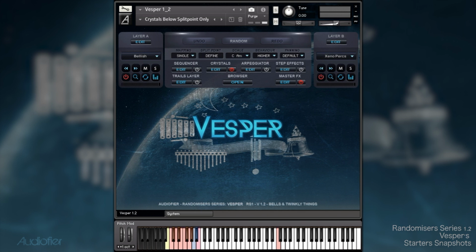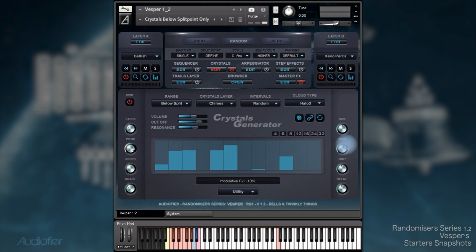Now, crystals below the split point only. So this is kind of the opposite. We have the crystals on my left hand, nothing on my right hand. And the crystals are more cloudy and have also sort of modulation here applied to the sound. And without the crystals, sounds like that. With the crystals,